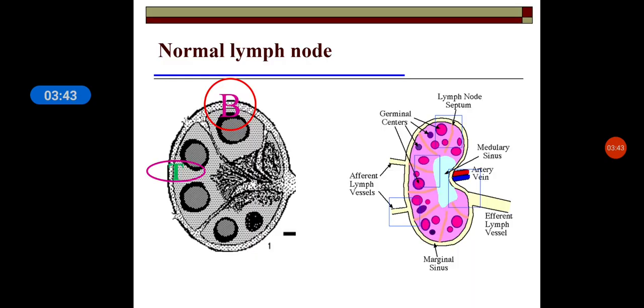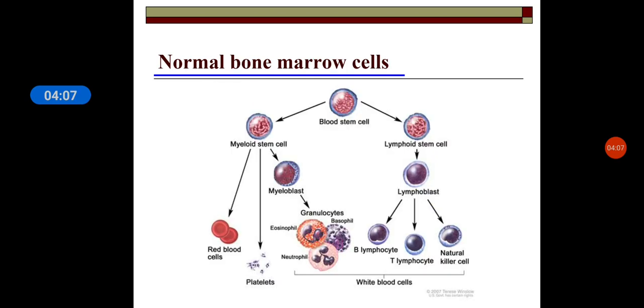Now coming to the lymph node. What is the structure of the lymph node? As we know, it has a cortex and a medulla. The histology, you have studied all those things, and you have B type of lymphocytes and T type of lymphocytes. B arises from the cortical part, and within the medulla you have the T lymphocytes. This is the normal bone marrow constituents, as we have dealt with all these things. Here, our area of interest is the granulocytes.